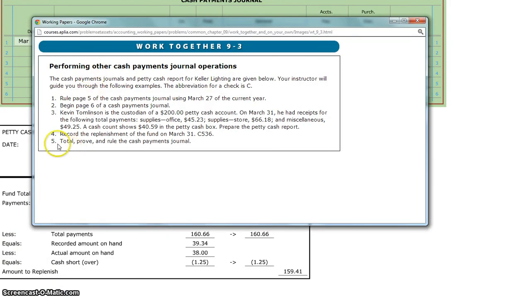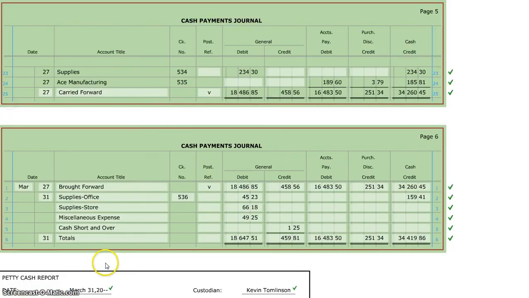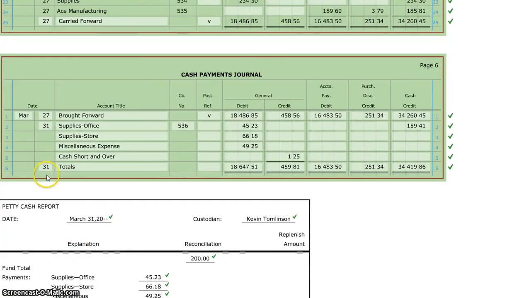All right, the last part is we got to total, prove, and rule the cash payments journal. When we do that, we put down the 31st and we put the word totals down because this is the end of the fiscal period, so we're totaling it. We don't have to put brought forward or carried forward or anything like that. At the very end of the fiscal period, we put totals. And we total everything up, so we get 18,647.51, 459.81, 16,483.50, 251.34,